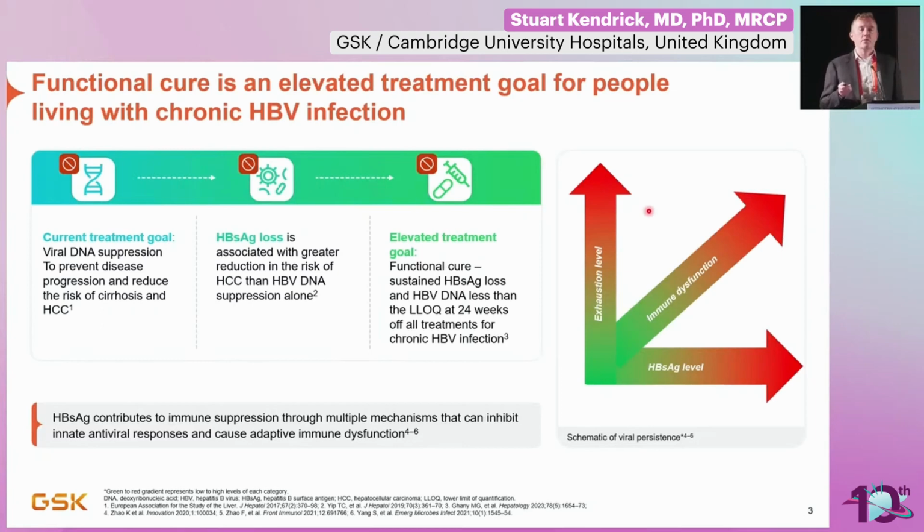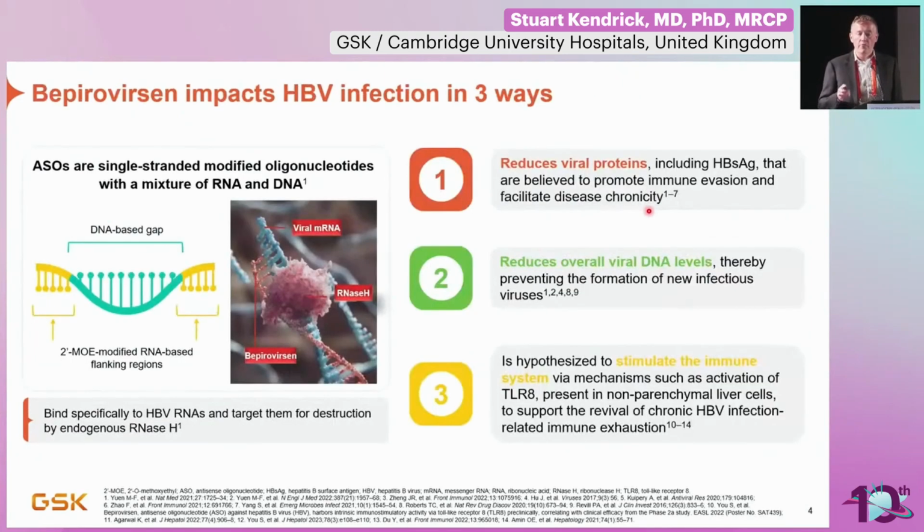Once you start to think about the diversity of the cellular and molecular processes that can influence surface antigen and immune exhaustion, you realize you're having to think beyond a two-dimensional graph into multi-dimensional complexity, which is going to require a lot of data and a lot of computational power to resolve. However, thinking about things in these two components is a good start. And we're fortunate that we've got Bepirovirsen, the antisense oligonucleotide, to use as a tool to start to tease out some of this complexity around mechanisms that could lead to functional cure,